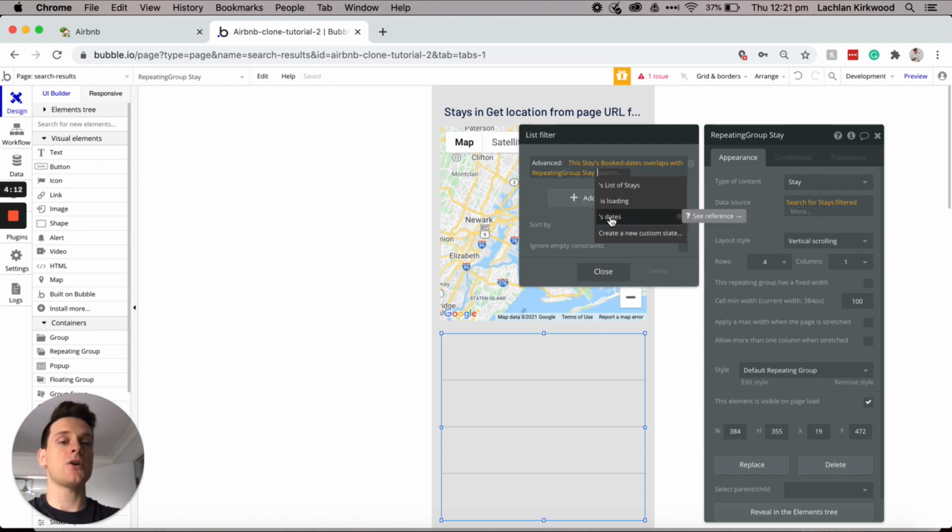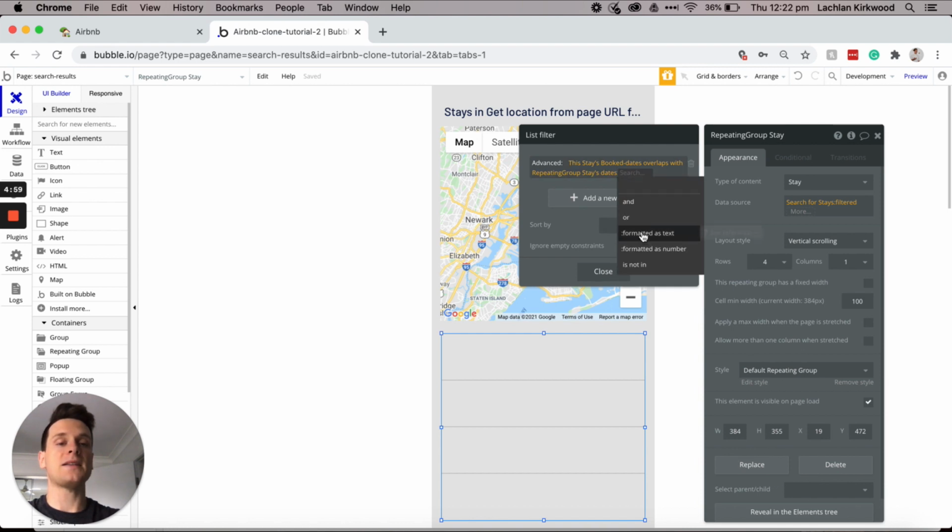And because those dates are set as a date range, it will filter anything in between. Now it's registering any Airbnb properties or stays that have booked dates that overlap with the dates a user has sent through within their query. What I would like to do though is select that I don't want to display these properties if they do overlap with those dates. And the way I can do this, it's a little bit custom, but I'll be selecting